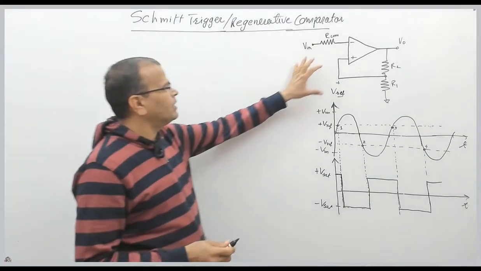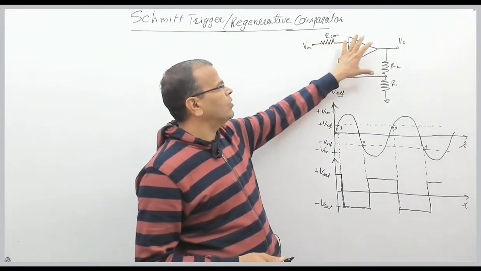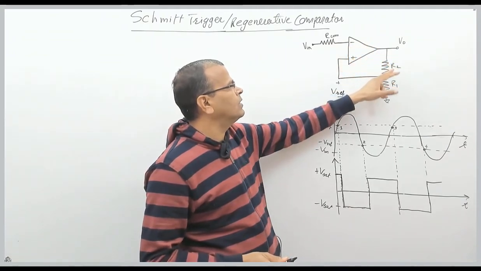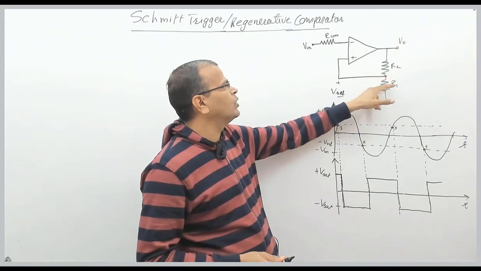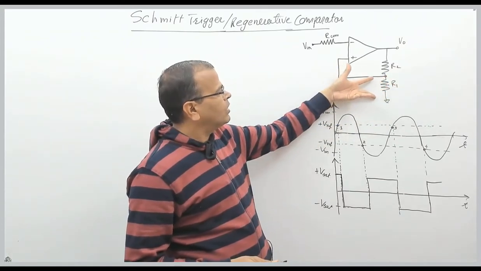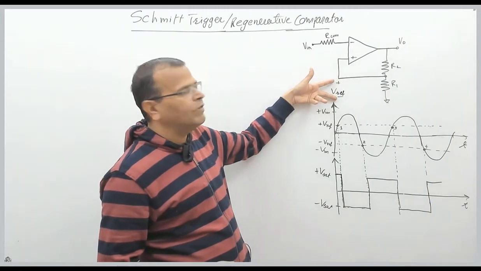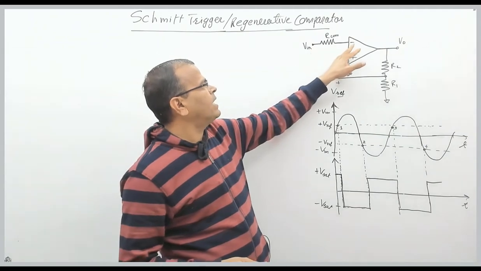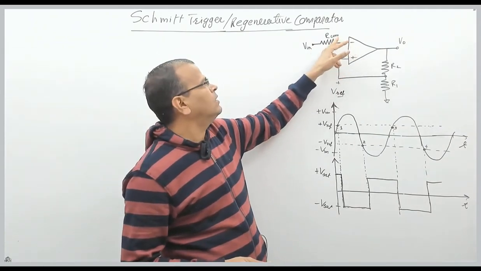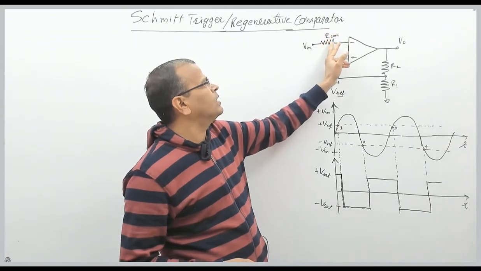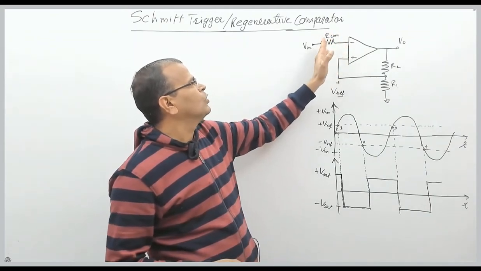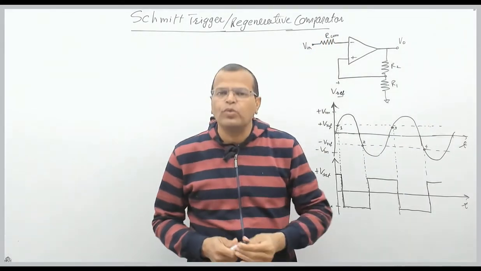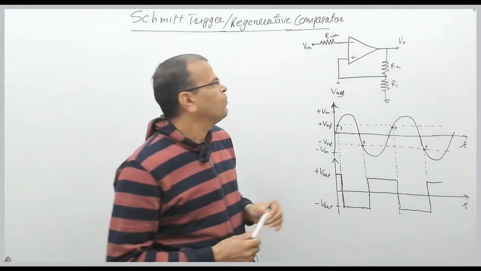So this is the circuit of a regenerative comparator or Schmitt trigger. It has positive feedback from the output through this resistor combination, that is R1, R2. We have the feedback voltage across R1 as Vref. This Vref is basically a feedback voltage, and the input signal is applied at the negative terminal. This resistance is connected basically to compensate the offset voltage, right?